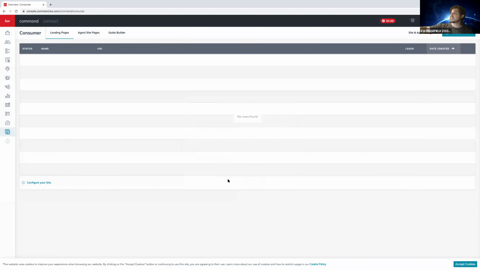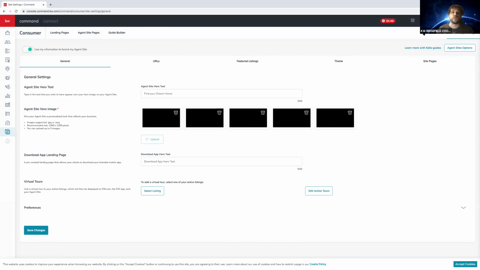and real quick, go back to where it says site and app settings. On the top right where we were before. And I want you guys to look at one thing real quick. So one of the things you might do is you might set up your marketing profile, and then you'll go to your website and nothing will have changed. And there are two reasons for this. One, it usually takes 5 to 10 minutes for things to get from your marketing profile to your website. But if 5 to 10 minutes pass and you don't have the changes made,